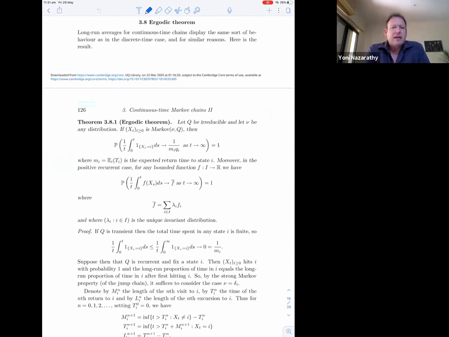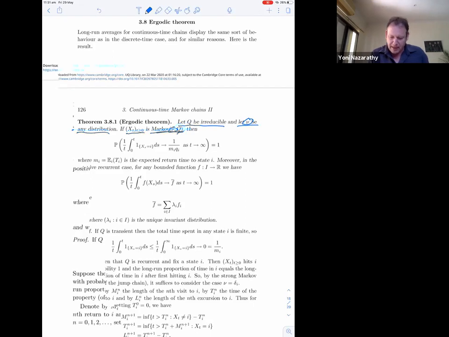Now we're not just speaking about convergence to the stationary distribution. We're speaking about how the process accumulates averages as time progresses. So let Q be irreducible again. Let nu be any distribution on the state space. If X_t is Markov with initial distribution nu and Q, well, nu doesn't play any role here, then